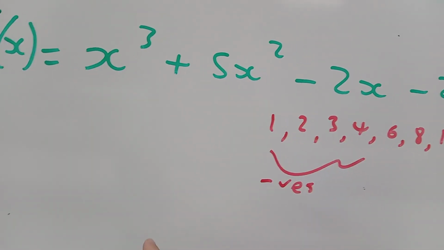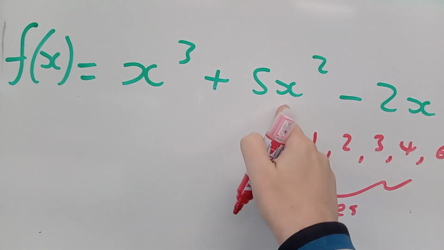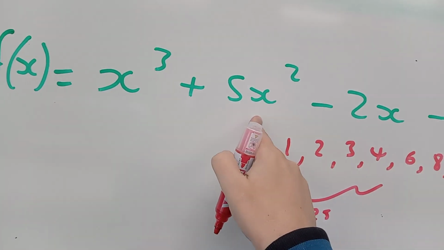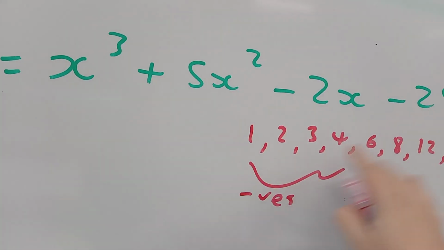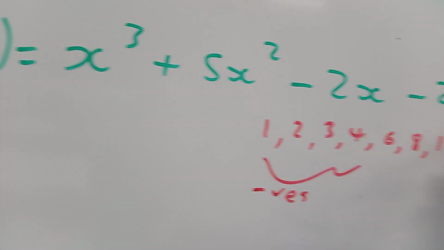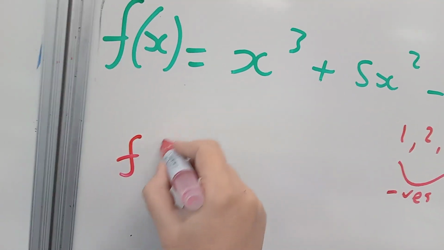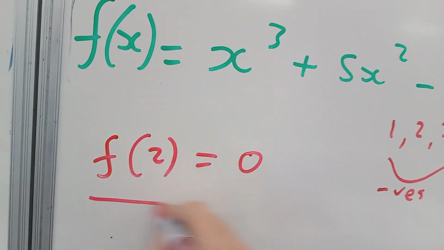So let's try 2. 2 cubed is 8. Then we have 2 squared, which is 4. 5 times 4 is 20. So we have positive 28. This is looking good. If we put a 2 in here, we get negative 4, negative 28. Bang. So that means what we're saying is f of 2, so when x equals 2, we get this function